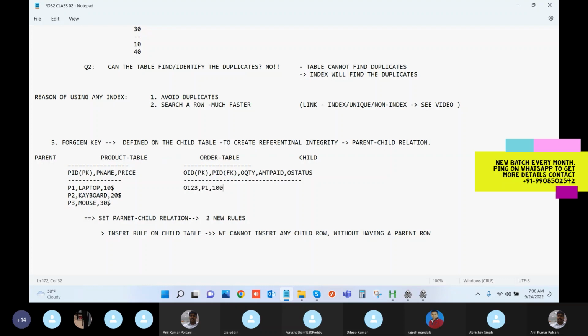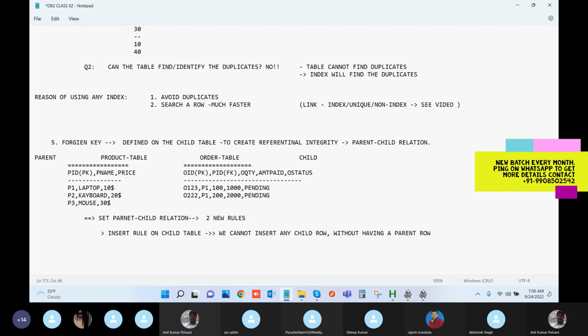Order quantity is some 100. Amount paid is some 1000. And then status is pending. Then I have order O2, which is 222 on product P1, and then I'm ordering another 200 product for a 2000 and it is a